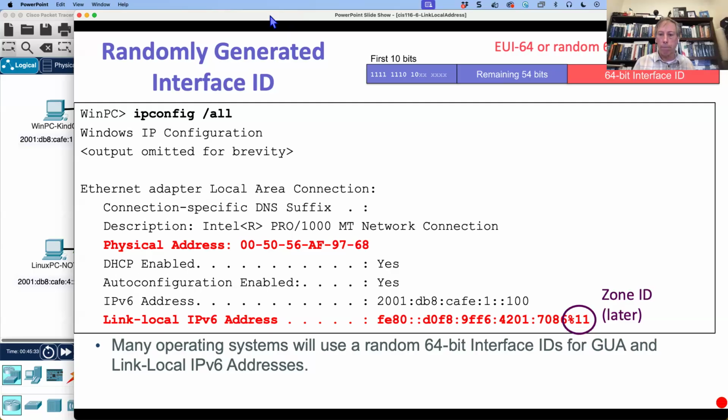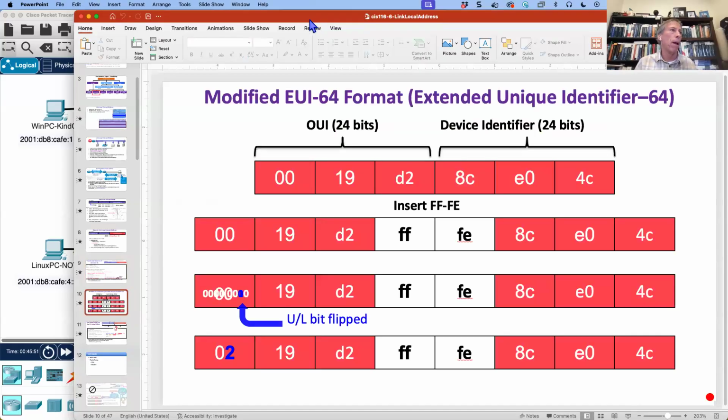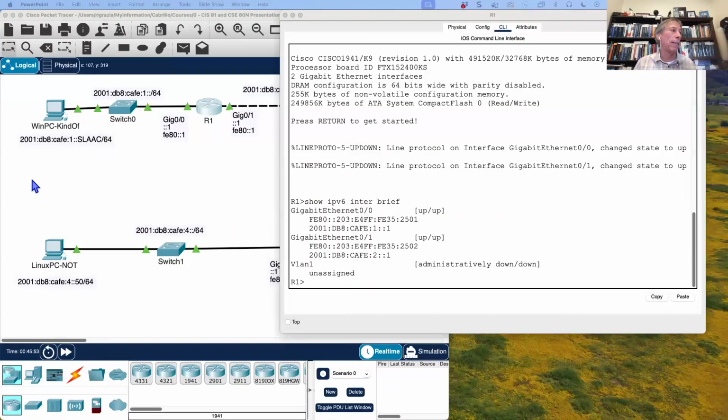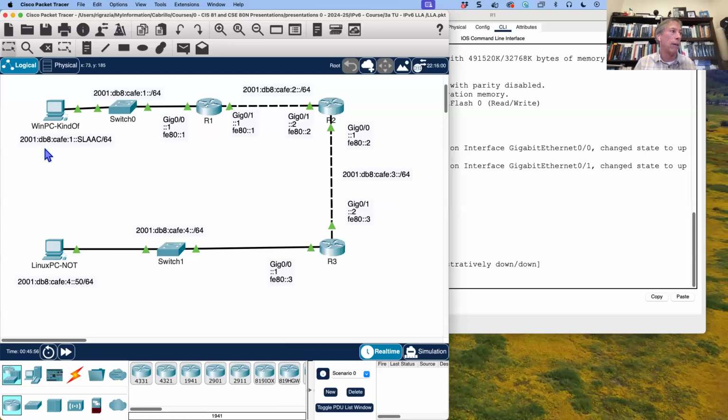There's a benefit, and we'll talk more about this when we talk about why it's common for client operating systems not to use a MAC address. This process called EUI64 that we just took a look at, we will see later that devices can actually create their own global unicast address using the same method. But we tend not to want to do that for our client devices because, long story short here,